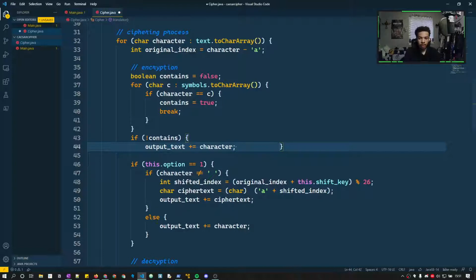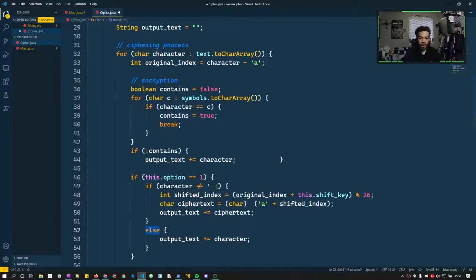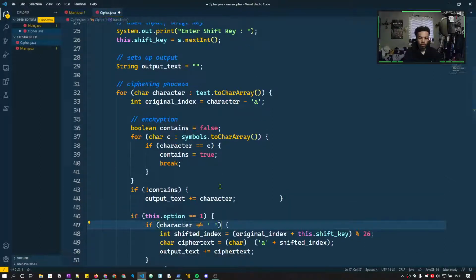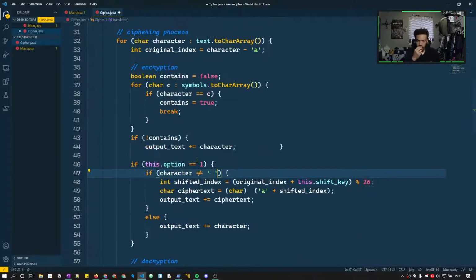So instead of an else, we can do, so if it's not a space, it will do it with a character. So if it's not equal, so if the character,